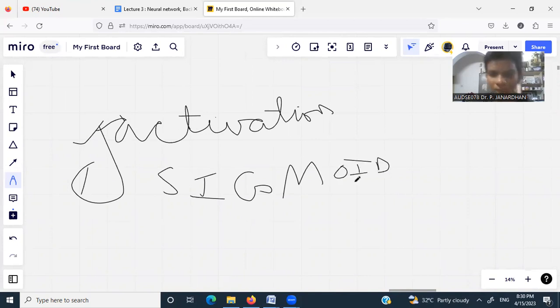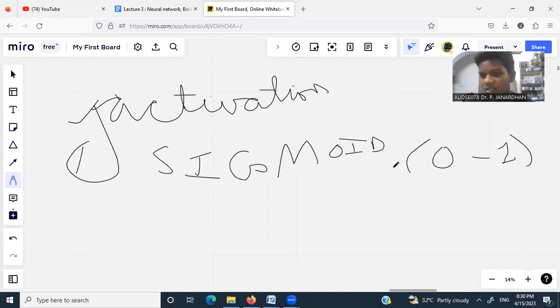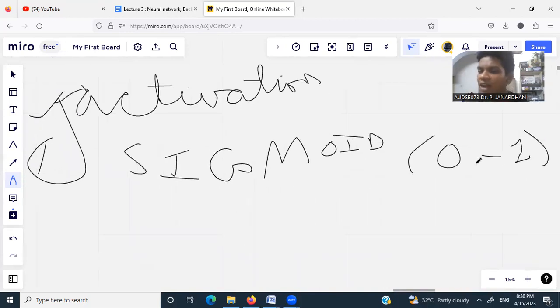Next, it will convert the output of the neuron within the range of 0 and 1. 0 means yes and 1 is no, or vice versa. Okay, so when we are detecting between two classes, that is, we either have the answer as yes or no. For example, we want to build a face recognition application. Maybe